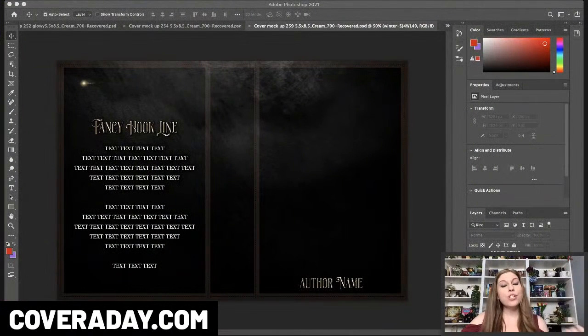Today, we are using Photoshop CC. We are using a Wacom Intuos Pro editing tablet. So it kind of works like a mouse, but it's like a pen. It's more ergonomic. And I am using my blue light blocking glasses so I don't burn my eyes out as